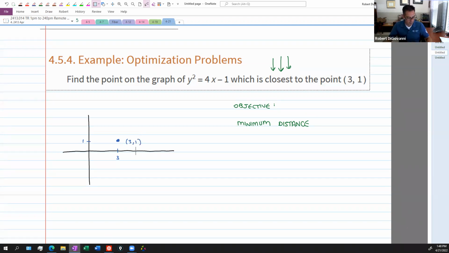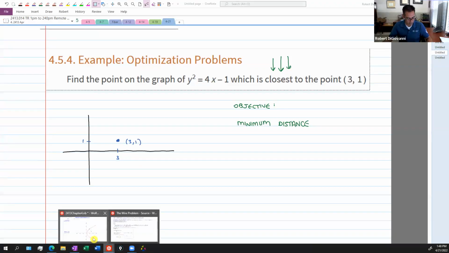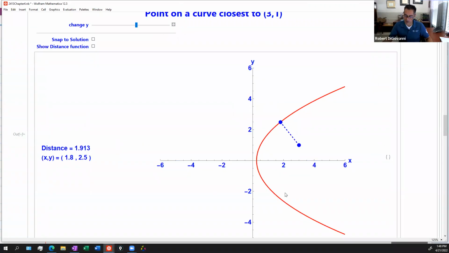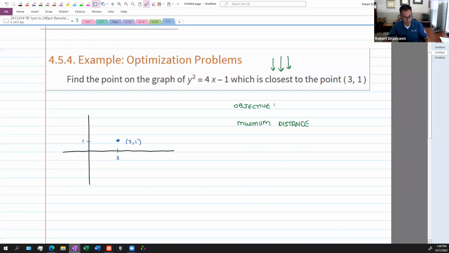And then I have this parabola, right? Where'd it go? I have this parabola that goes like this. So I would use a graphing utility. If I were doing this problem out of a textbook, I would use a graphing utility to help me graph it. Okay, so we have this parabola, goes like this, comes through, goes like that, and it goes forever in that direction. And what I'm trying to find is the minimum distance between this point, right, (3, 1),